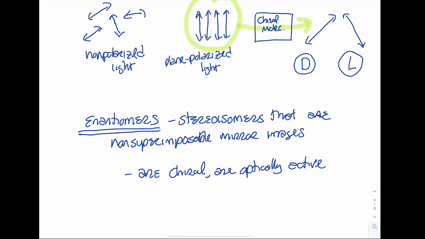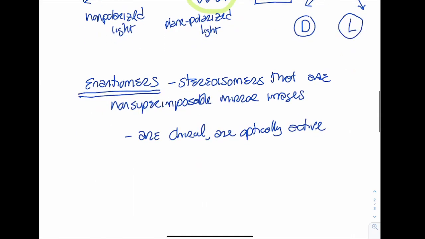Meaning they do rotate light. The physical properties of enantiomers are all the same except for the direction that they rotate that light. So they're going to have the same melting point, same boiling point, same density, same physical properties. It's just that one is going to rotate light to the left, the other to the right. So these are going to have the same physical properties,